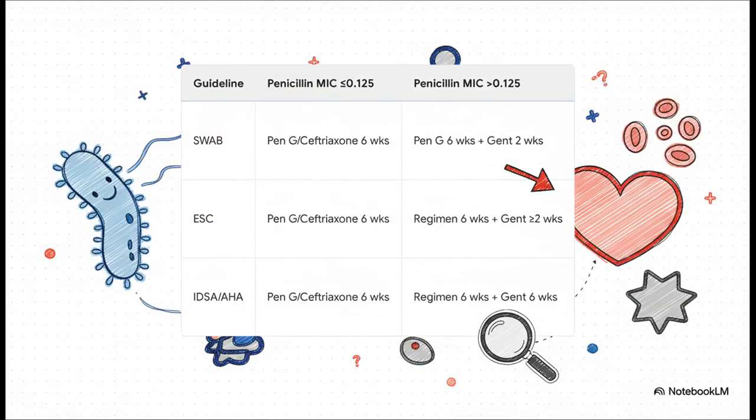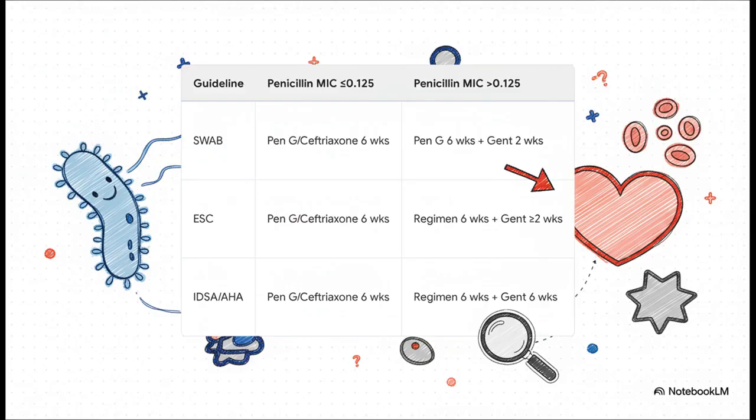When you're dealing with a prosthetic valve, the treatment gets longer, a standard 6 weeks across the board. The main place you see some disagreement is in how long to use gentamicin for those less susceptible strains. The Dutch and European guidelines say 2 weeks is enough, while the US guidelines recommend keeping the gentamicin going for